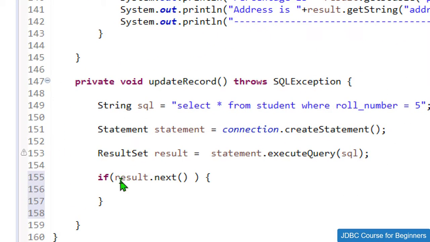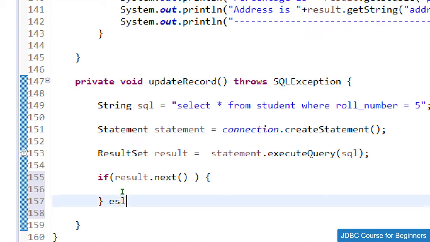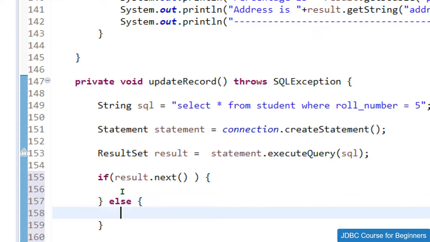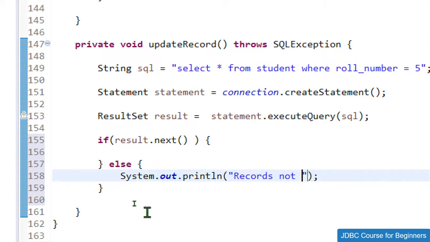So if in the result set the next value is present, then that means the result set contains some values, that is, result found. Otherwise, if the result set is empty, then we just need to show a message like records not found.